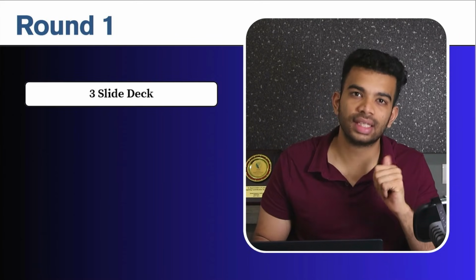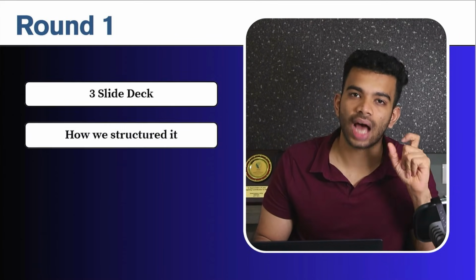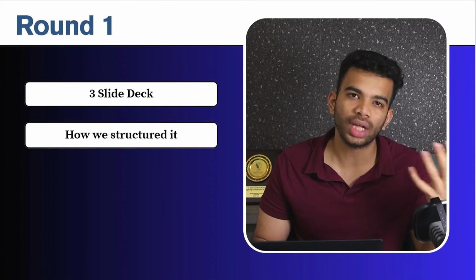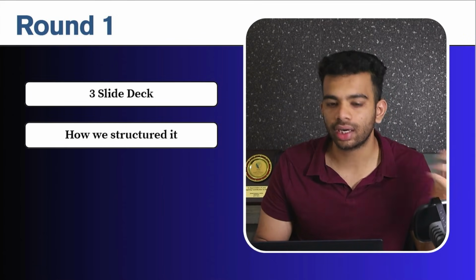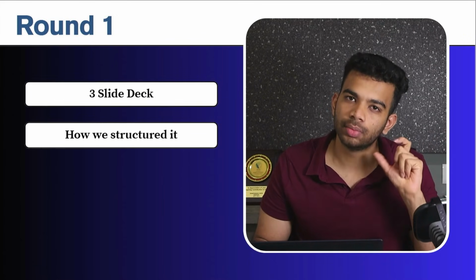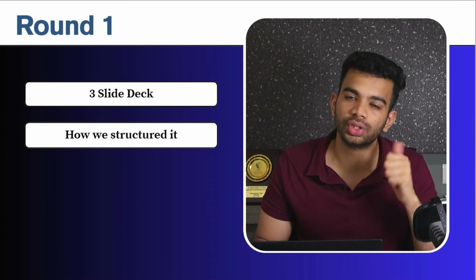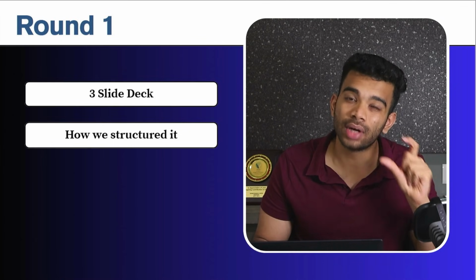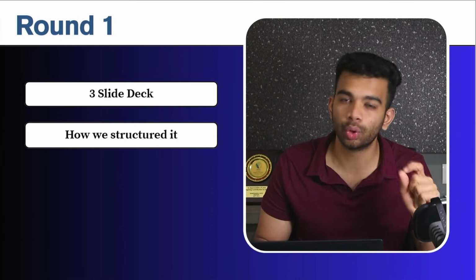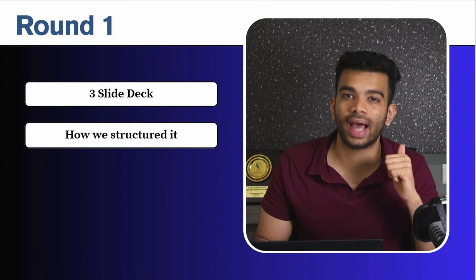So now let's understand how we cracked round 1. The first thing is it is a 3-slide deck, meaning our entire solution to the problems that I just mentioned needs to be covered in these 3 slides. The next thing is how you are supposed to structure it. You can structure it in any way you want, but all the problems should be covered and your solution should be coherent. And it should have a lot of detailing. It should show the panel that a lot of thought has been put into this.